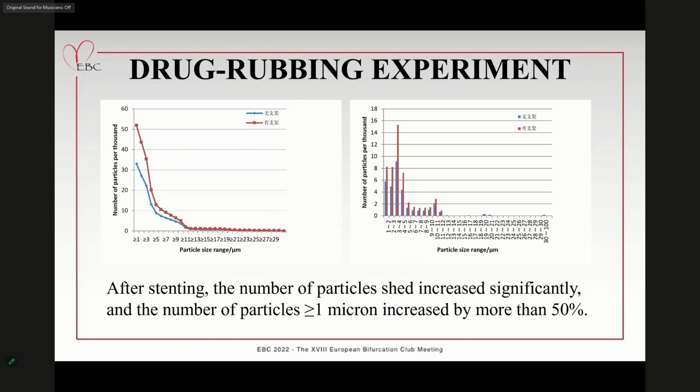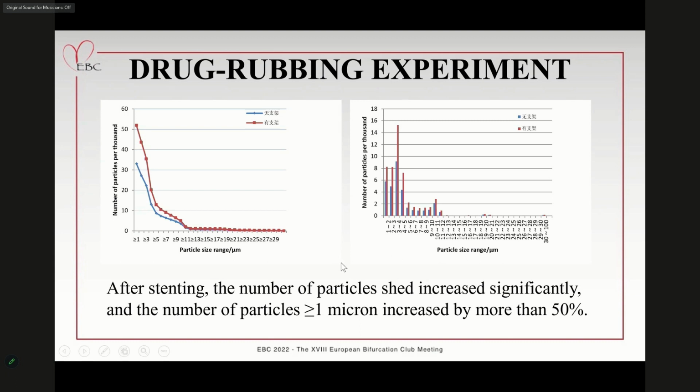Before the design of this trial, we needed to know: should we pre-dilate the side branch before stenting the main vessel, or dilate the side branch after the main vessel is stented? This is a test to measure how many particles are scratched from the DCB balloon. In the left figure, you can see most of the particle diameter is less than 3 micrometers. On the right panel, you can see that if there is a stent in the main vessel, crossing the DCB into the side branch would release much more drug from the balloon, scratched by the metal stent